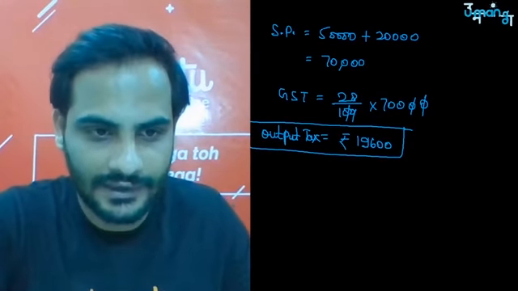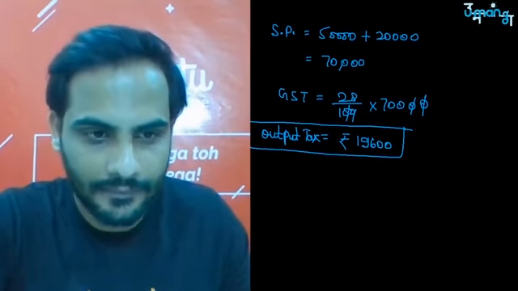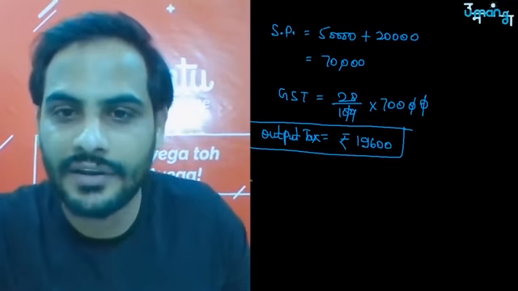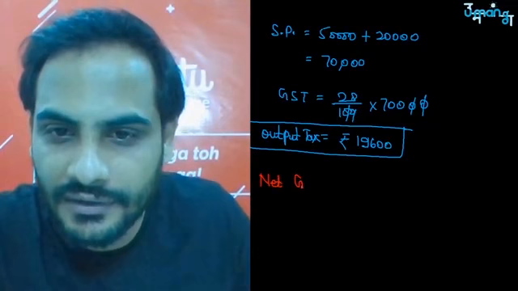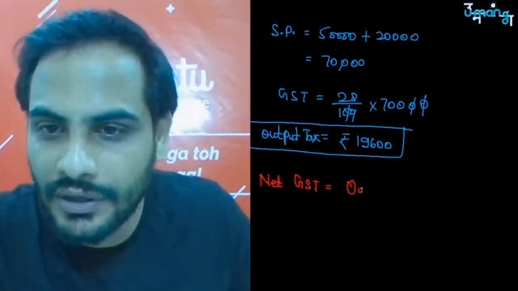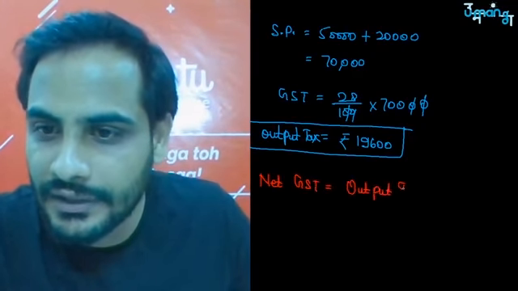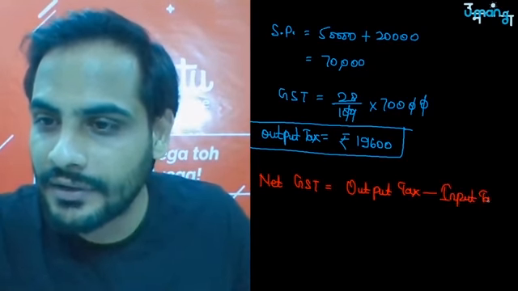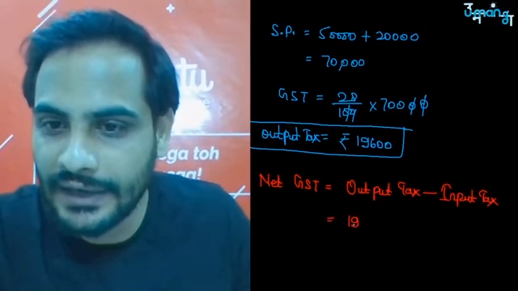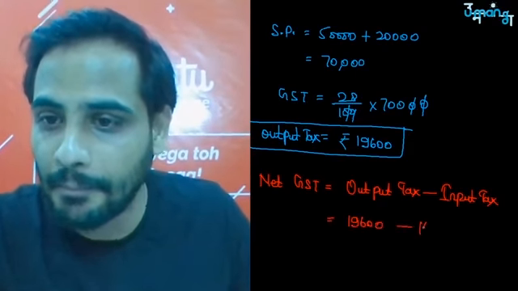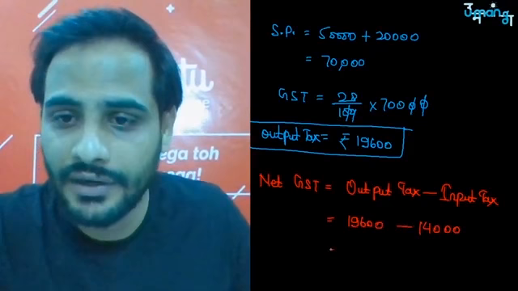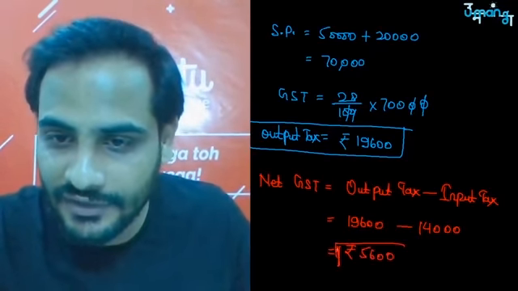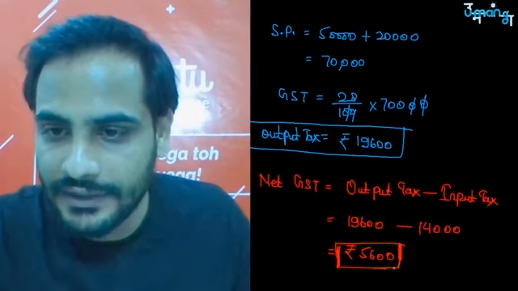So now I will say that my net GST will be equal to output tax minus input tax. Correct? So that will be equal to 19,600 minus 14,000. So you're getting rupees 5,600